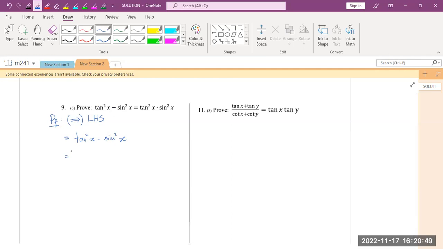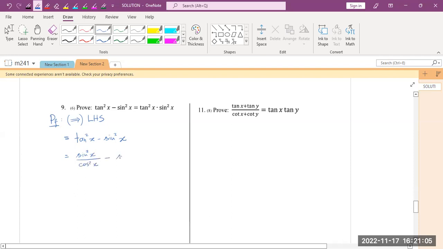Okay, let's see. You know what? Tangent is, let me change it into sine cosine thingy. So sine squared x over cosine squared x minus sine squared x, right? And then